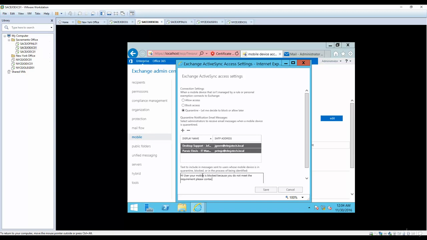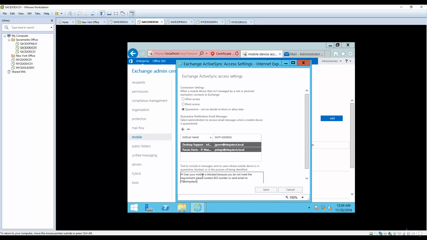because you do not meet the requirement, or your device does not meet the requirement. Please contact 433 number, or send email to it@elmjotech.local." So that's what you can do. So what's going to happen now when their device does not meet those rules, or isn't managed by those rules, then